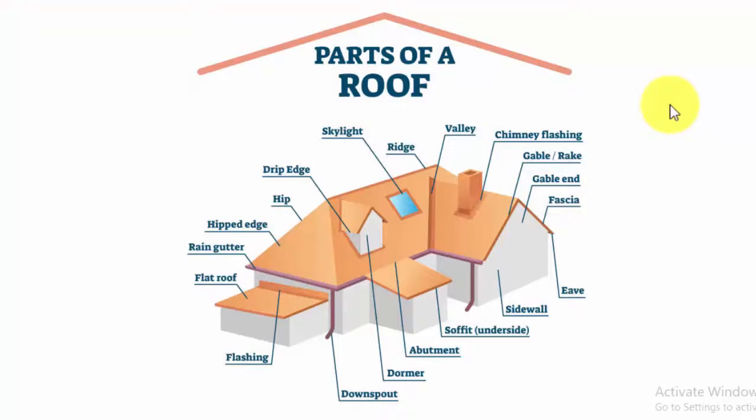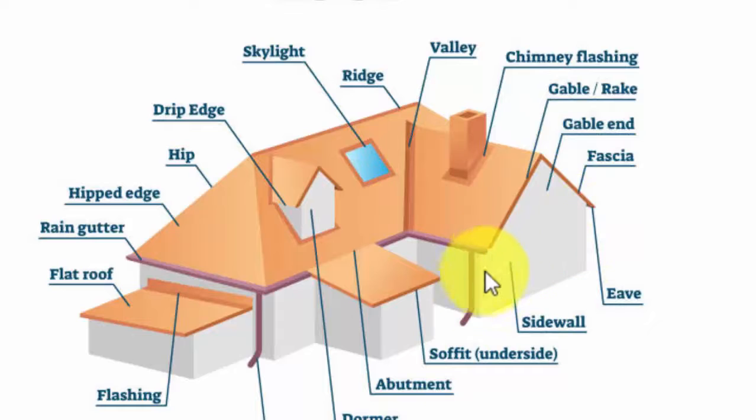For that, let's understand the parts of the roof. So we can have a flat roof, which is just a normal roof. Then we have a double pitch roof. Double pitch roof is nothing but a triangle that consists of two surfaces and joint which are connected with the ridge on the top. So this is a double pitch roof. This is a hip roof because they have a sloping end. Like these two surfaces resemble a double pitch roof, but we have a sloping end here, so it is a hipped edge, so it is a hipped roof.